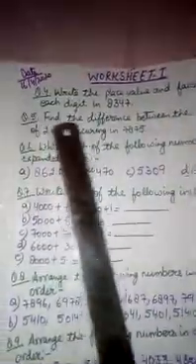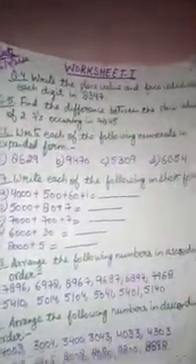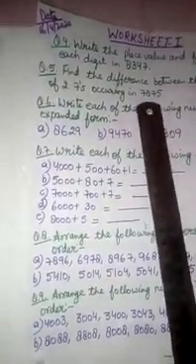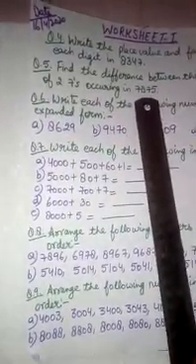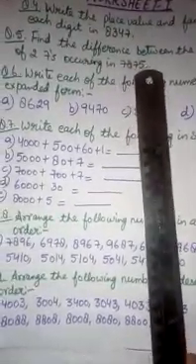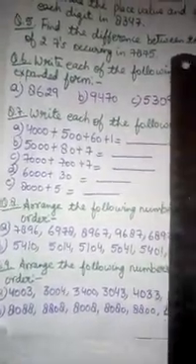Question number 5. Find the difference between the place value of 2 sevens occurring in 7875. You can see there are 2 sevens in this number. First you will take out the place value of both sevens. First is 7000 and the next is 70. So we will subtract 70 from 7000 and we will get the answer, the difference between the place values of sevens.